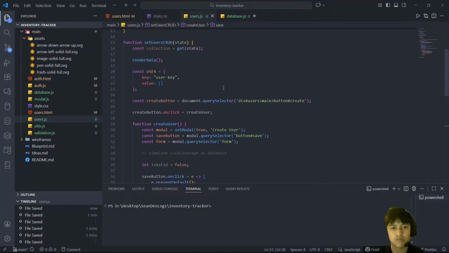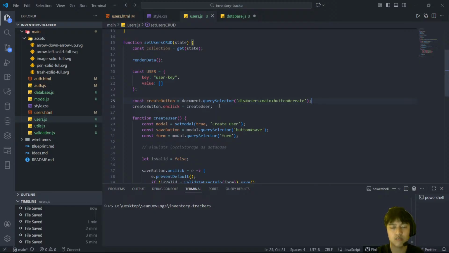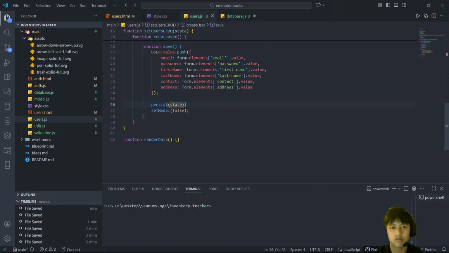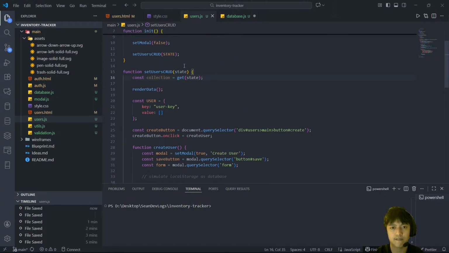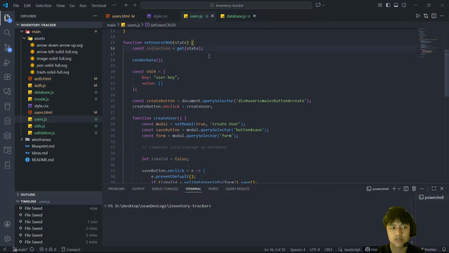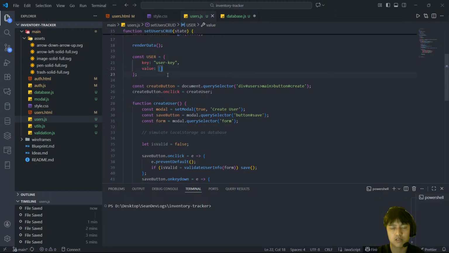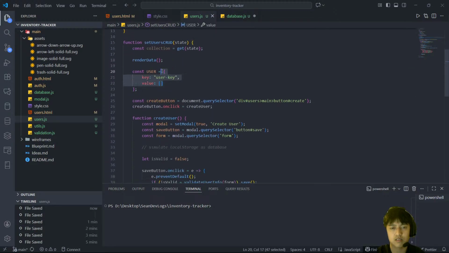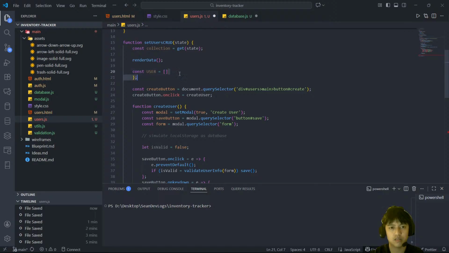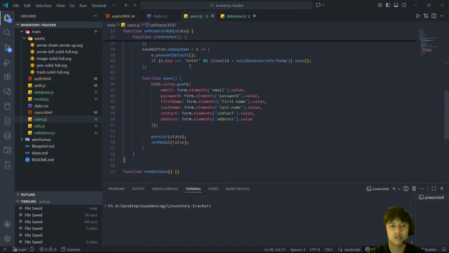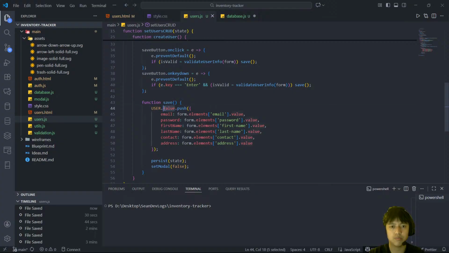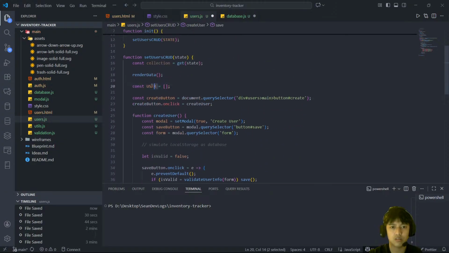So this should be an array instead. So user push,